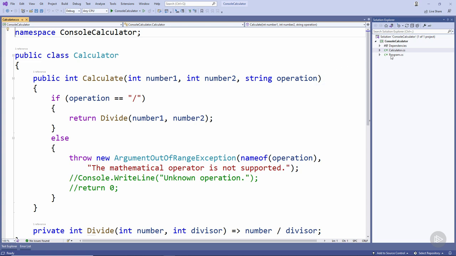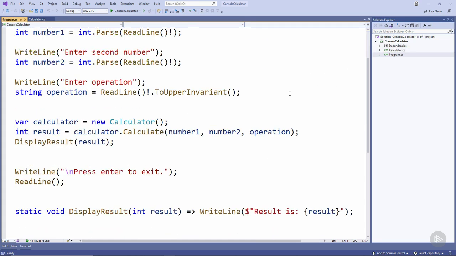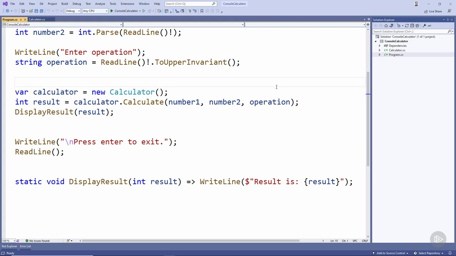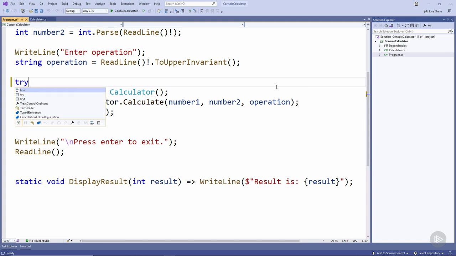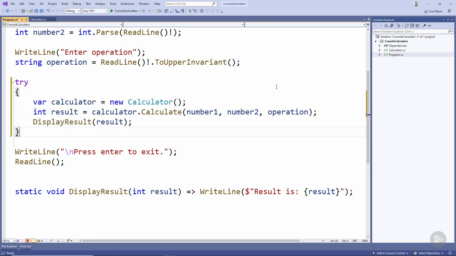What we're going to do is come back to the program file, and we're going to come down here to where we call the calculate method. What we want to do is surround all of this code in a try block. Now, if any code inside this try block causes an exception to be thrown, we can catch it in one